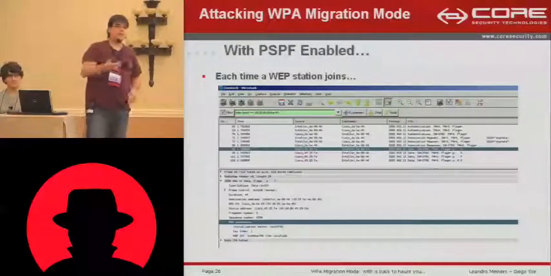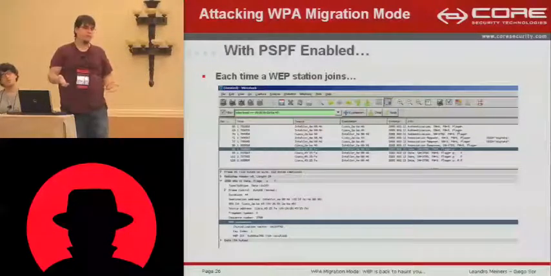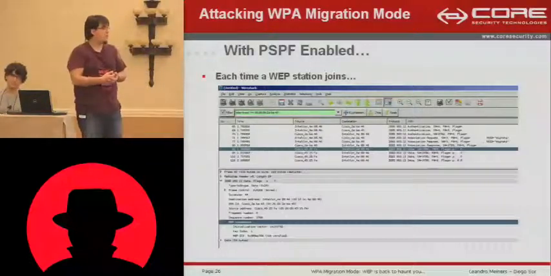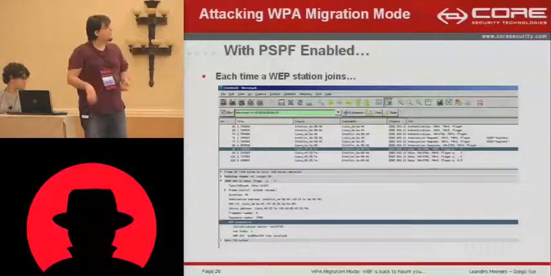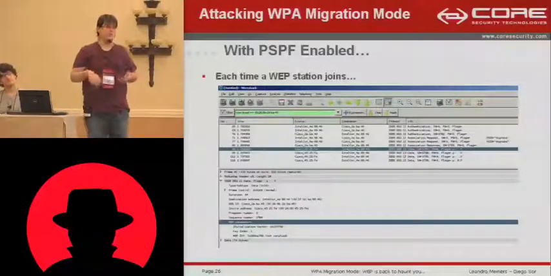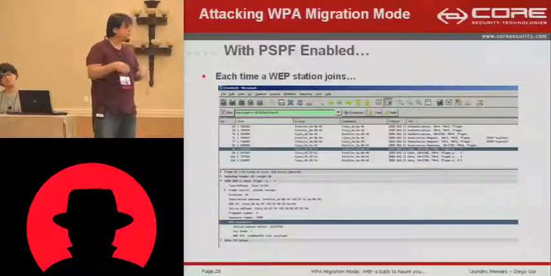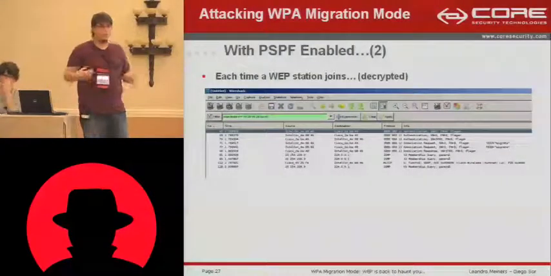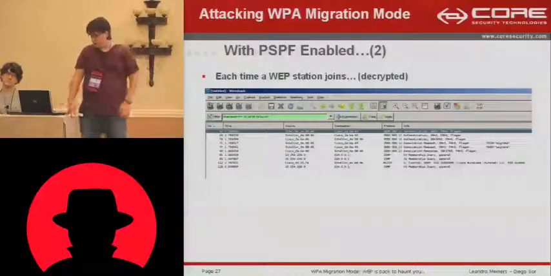So we started thinking, okay, how are we going to manage to crack the WEP key under this scenario where we don't have any WEP stations, so we can't attack them. We have PSPF enabled, so the AP won't forward our traffic. So we started to look at what happened once a station joined the network. What we noticed is that each time a station joined the network, in particular a WEP station, but the same happens for WPA stations, the Cisco AP starts throwing around a lot of broadcast packets, which are WEP encrypted because they're broadcast. And if we decrypt them, we see that these are IGMP packets and